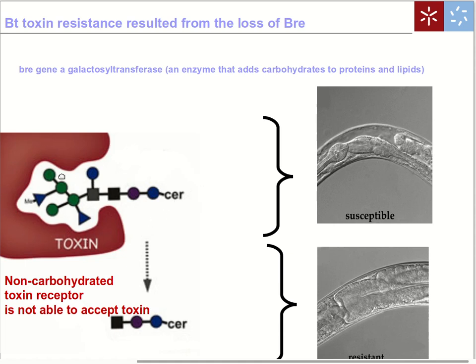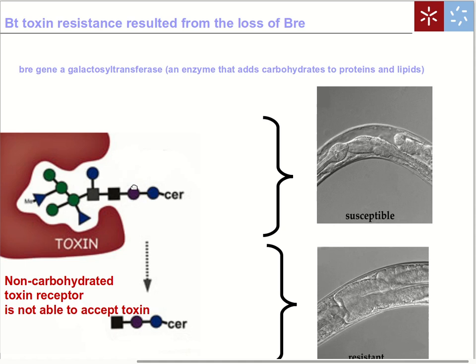We see the molecule here, it's a sugar polymer, and it's bound to the membrane protein to which the toxin binds. If this galactosyltransferase is not active, then these chains of sugars are not transferred to the membrane protein, and the toxin will not bind. So this is one possible mechanism by which